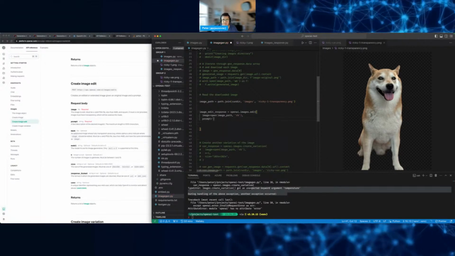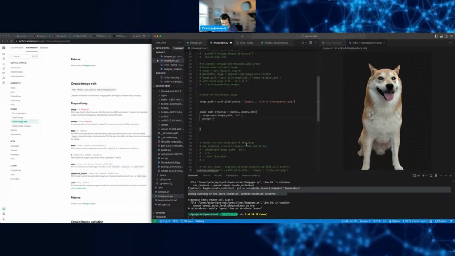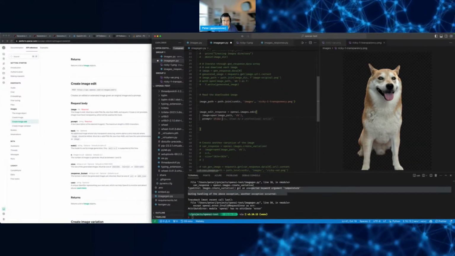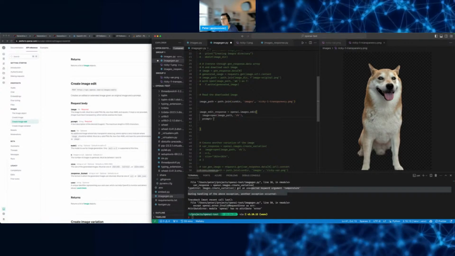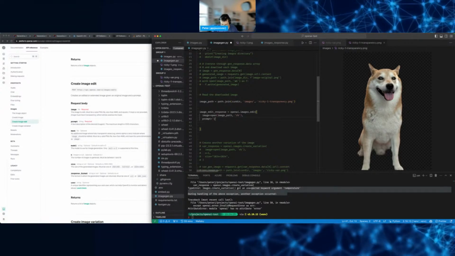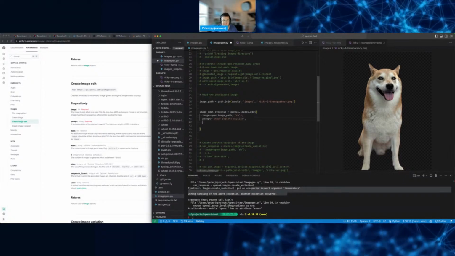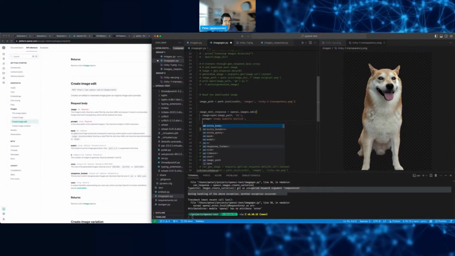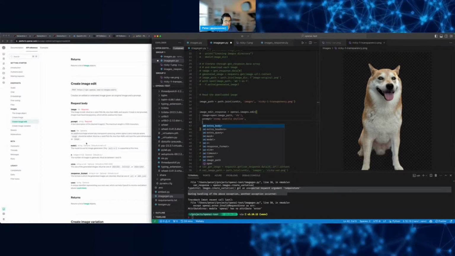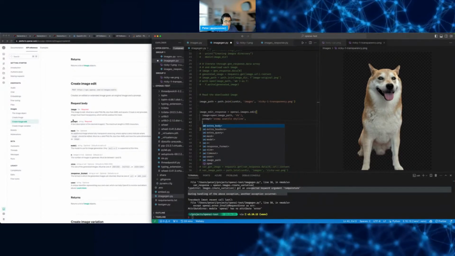And in the prompt, we could say Shiba. Do we have to say Shiba Inu? We don't, right? Because it's only going to change the transparency. So we could say snowy Seattle skyline or whatever. Let's see how that turns out. And image and prompt are the only two required